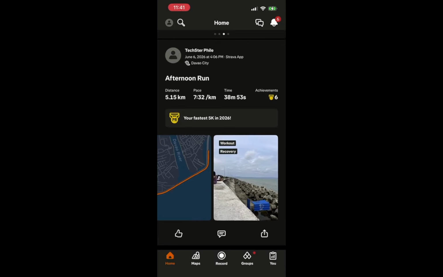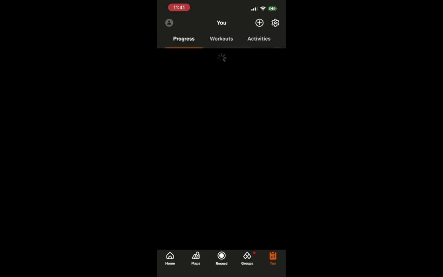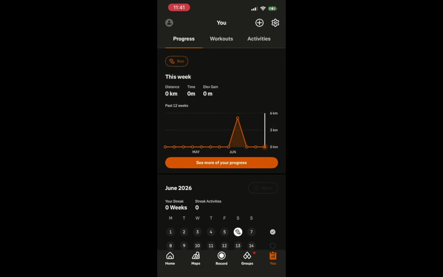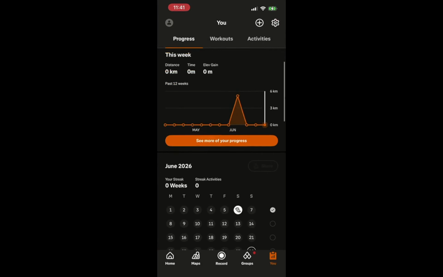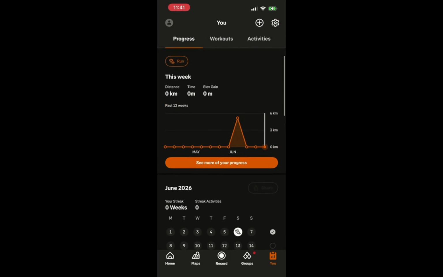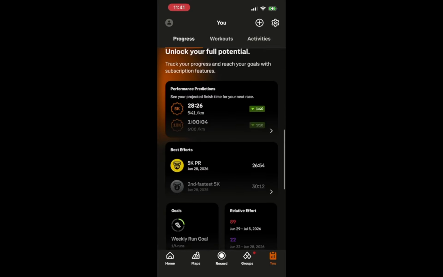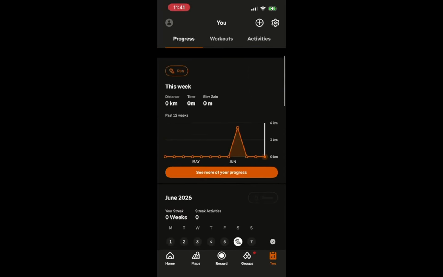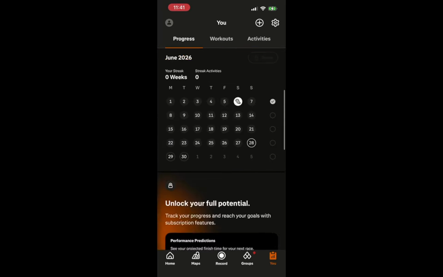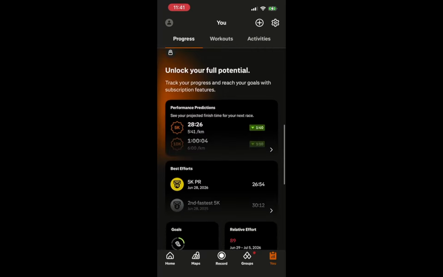Next, tap the U tab at the bottom of the screen. This tab typically features your profile information and various personal metrics. By selecting the U tab, you will gain access to your account settings where you can manage your preferences and account details. This is a significant part of the process as it leads you to the settings where account deletion can be initiated. It's important to know that navigating to this section makes further actions possible.